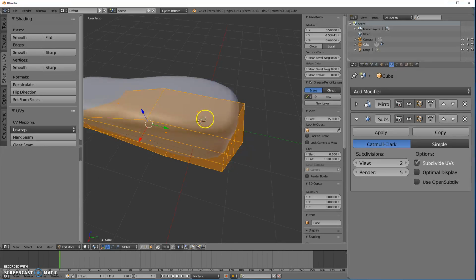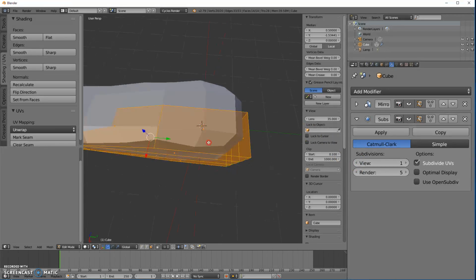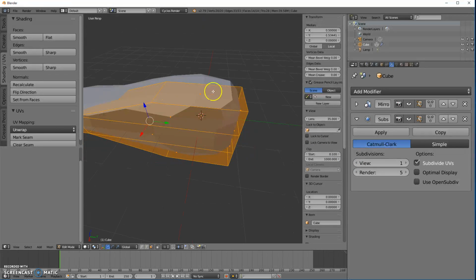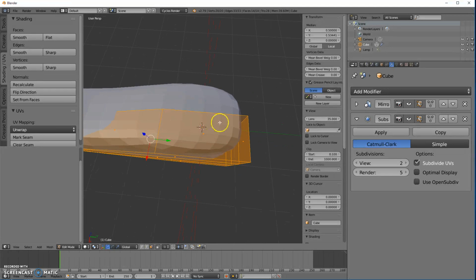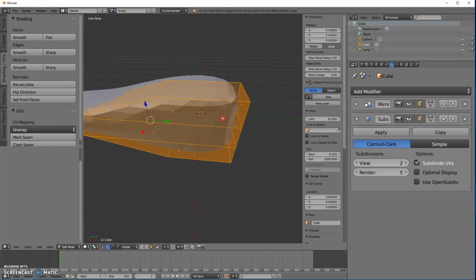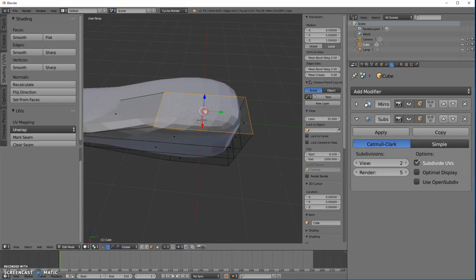If you think about it, if I subdivide this once, okay, then I'm going to get 4 sections out of it. Okay, if I subdivide it twice, actually I should get 9 because I think it will divide it into 3 by 3. So let's go back to flat here for shading. So here I have 1. It's dividing this panel into 2 and 2 there. And it gets a little bit hard to tell because it's actually some of them from the back panel there. I actually think it might divide it into